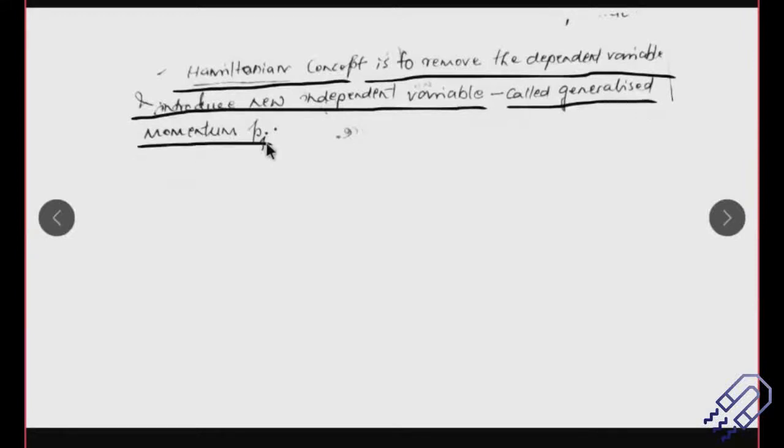So these notations are important. You take up any classical mechanics book, you will see that the generalized momentum is written as Pj. So the generalized coordinate is Qj, and the generalized momentum is Pj. This generalized momentum may or may not depend on the generalized coordinate. If that happens, we basically call it an independent variable. So if this is an independent variable, we have removed the dependency on Qj dot.